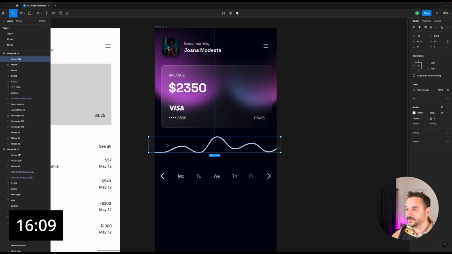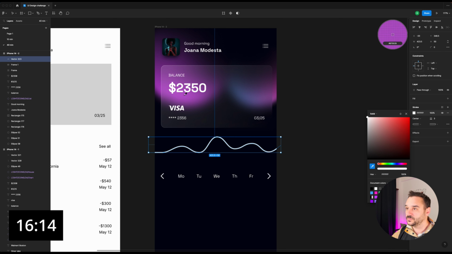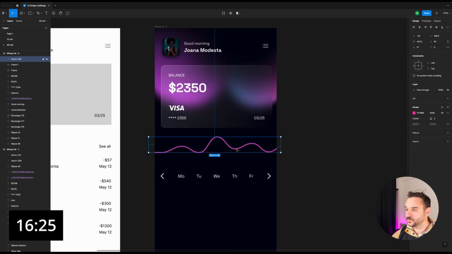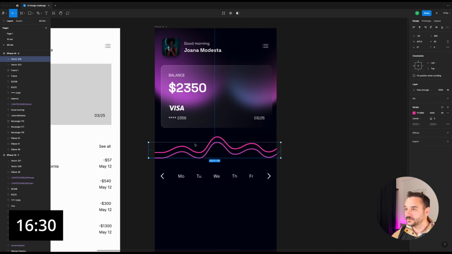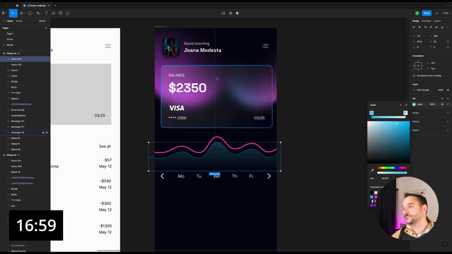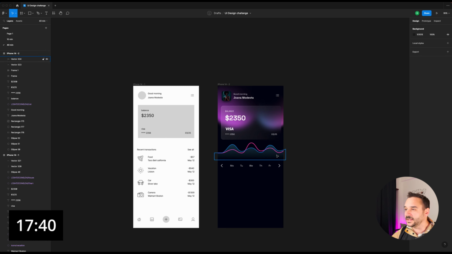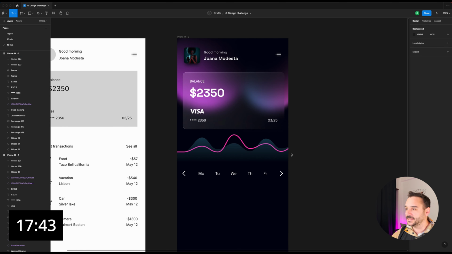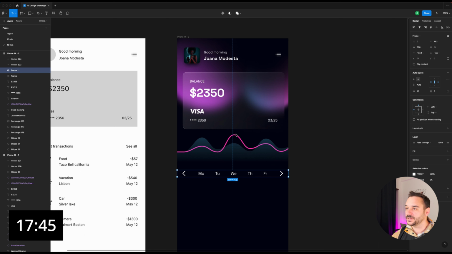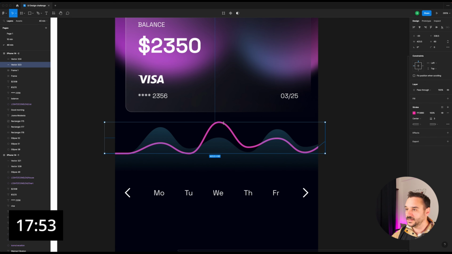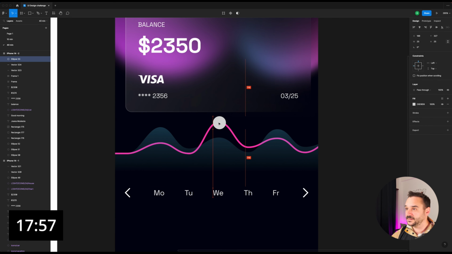I want to create another one behind, but first of all I want to change the color of this one to our main color, and I'm going to duplicate this and create another one in the background, but that one is going to be filled. And the reason I'm creating this is because I think it adds more interest to our screen, and it's also useful so the user can see how much money they spend on each day. So it's quite useful. I just want to indicate a selected state here,